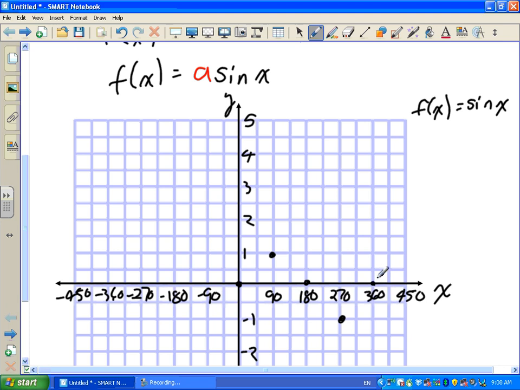What would the pattern be? At 450, where would I be? 1 again. Good. Okay? And on the way back, the opposite. Negative 90, right? Negative 1. Negative 180, 0 again. Negative 270, positive 1. And then negative 1 again. So if we are to connect these dots,